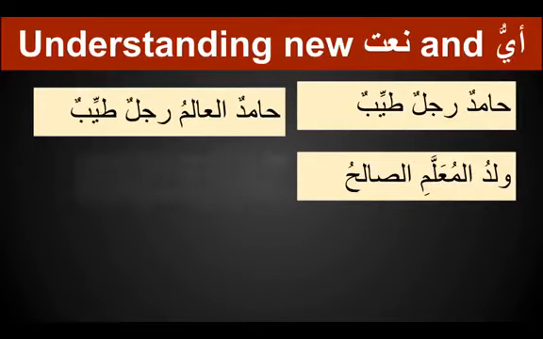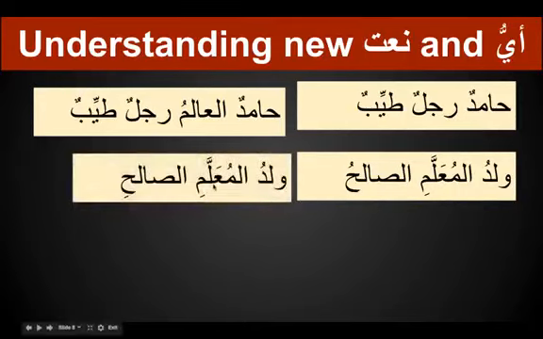But if this was naat for muallami, it would be waladul muallami as-salihi. So how do we translate? Always translate the naat. It's naat for the muallami, so it's the boy of a righteous teacher. If you see here, the vowel sign changes from dhamma to kasra, the whole adjective changes,